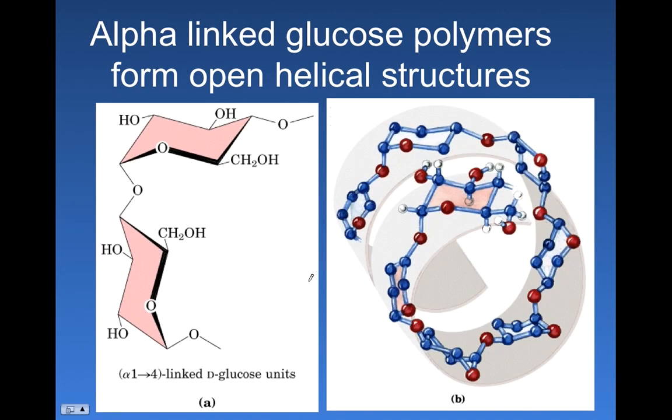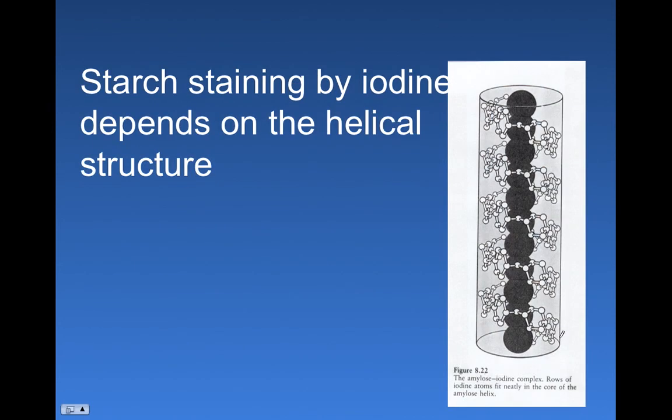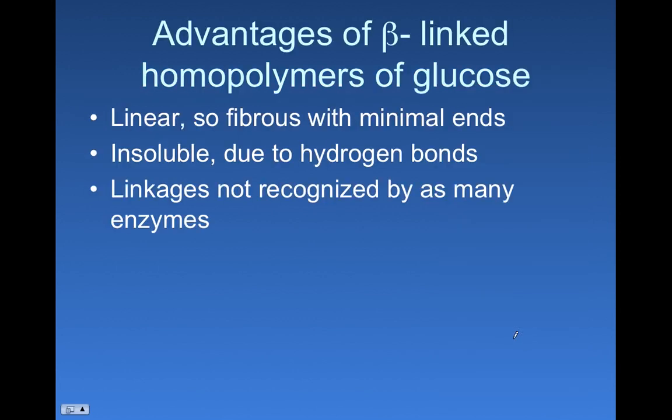Okay, so again, we see this spiral molecule forming in these glucose polymers, and probably as a kid you tried to stain different foods with iodine to see if starch was present in there. Starch is just the alpha 1,4 linkage glucose present in plants. And iodine sort of binds right in the middle of the helix caused by a glucose polymer, and it changes its absorbance, so you can see it turn black, right? Okay, so